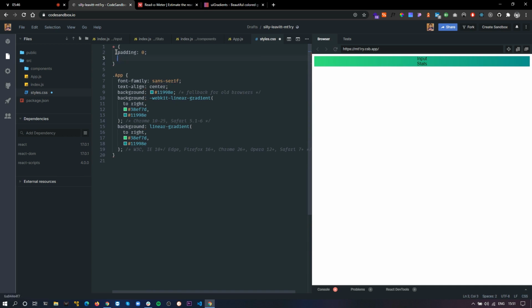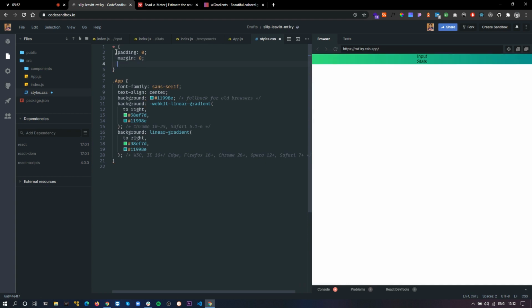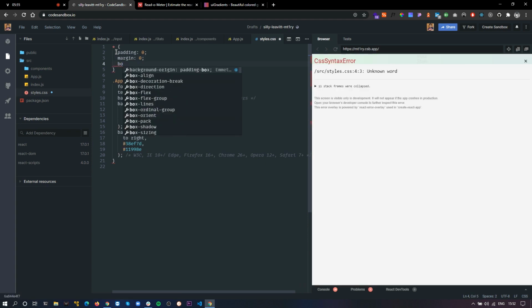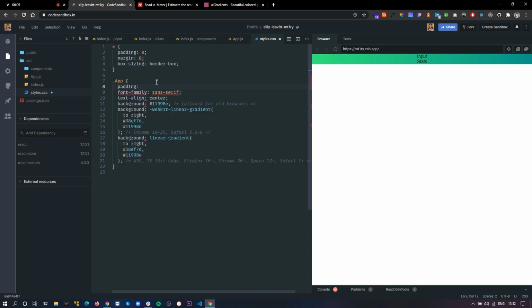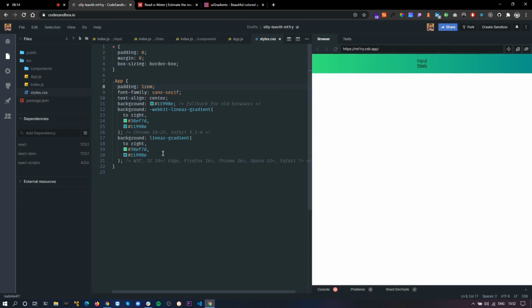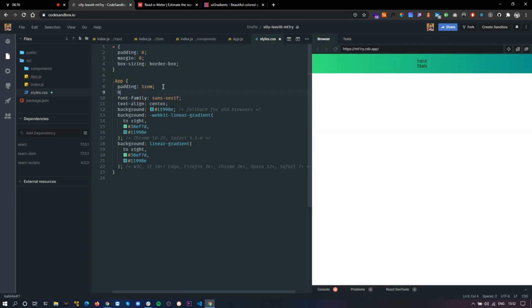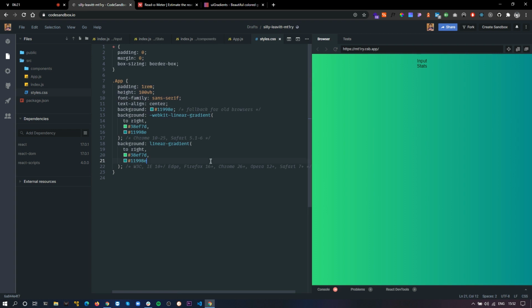So I'll do padding 0 and margin also 0, and I'll also do box-sizing: border-box. While we're here, let's also give our app some padding, so I'll do rem, and let's also give it height. I think it looks nice right now, so our basic styling is done.